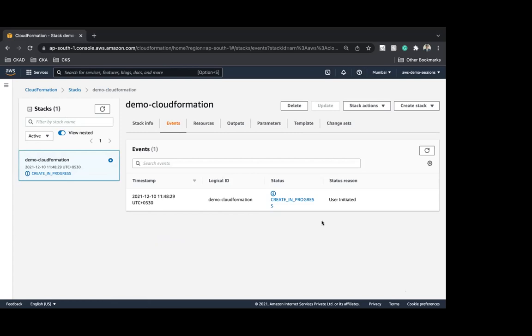Just one thing which is very important to understand is CloudFormation on its own doesn't cost you anything. It's a $0 service, right? What that means is currently I'm using CloudFormation, so I'm launching the stack, but AWS is not going to charge you for consuming the AWS CloudFormation service. It will charge you for the resources which you deploy via CloudFormation. For example, it's only going to charge you for the resources which you define in your template file.